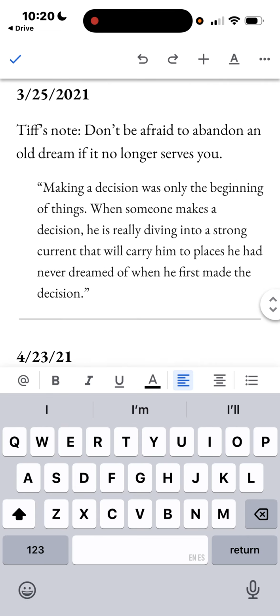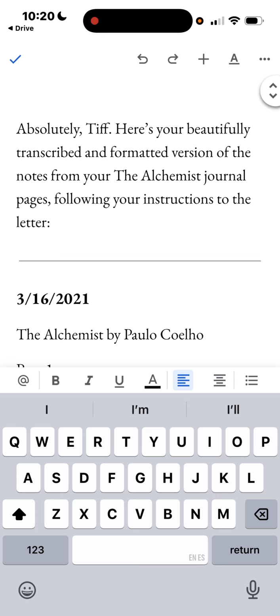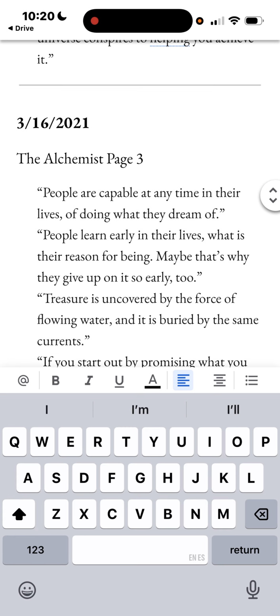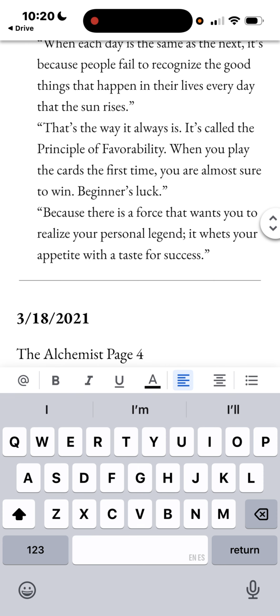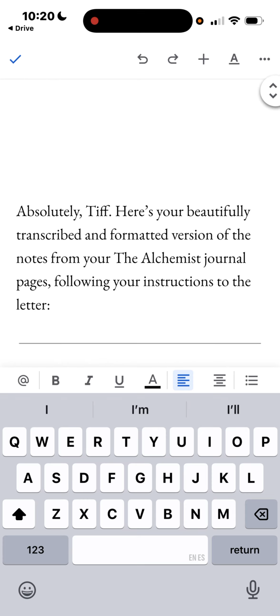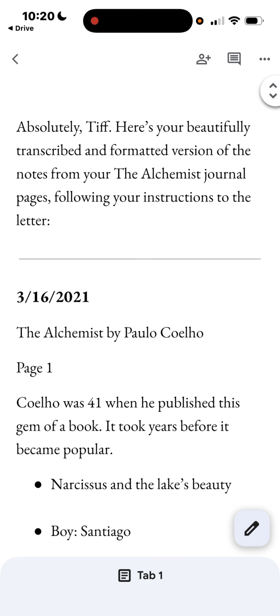Now, what I know about this, because I've been through this process already, is it didn't bold the underlined highlighted text that I instructed it to do in the Google Doc. And I don't know why. But when I do it on my computer and paste the text into the Google Doc, it will bold that. So click your little check mark here to make sure it saves. And that's it.